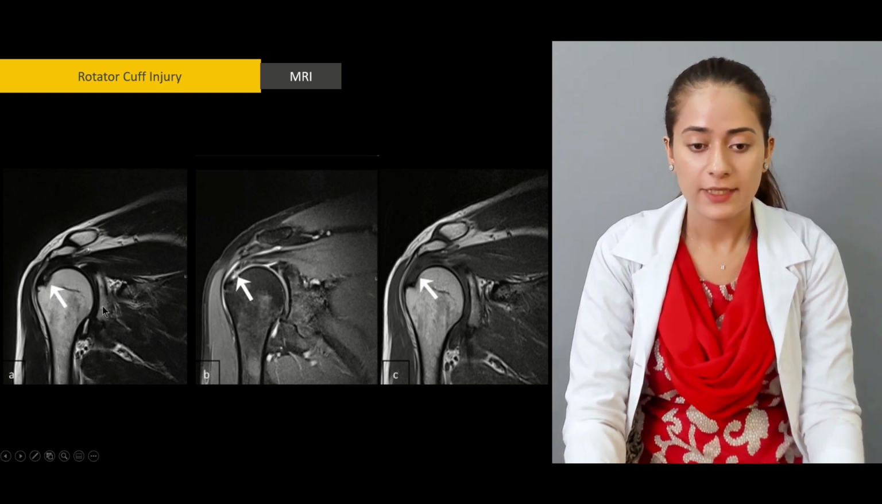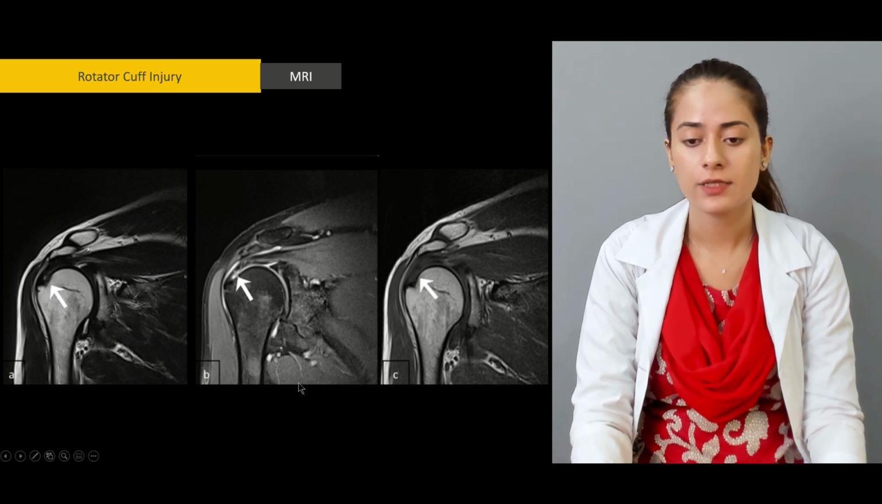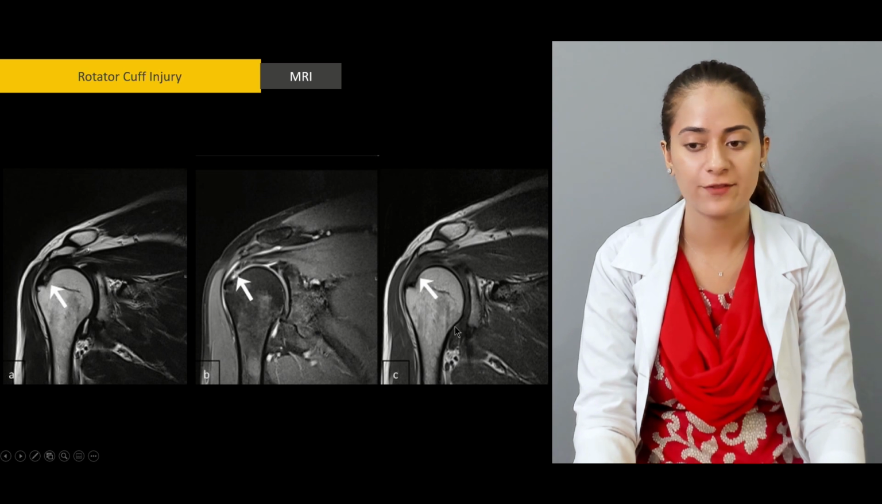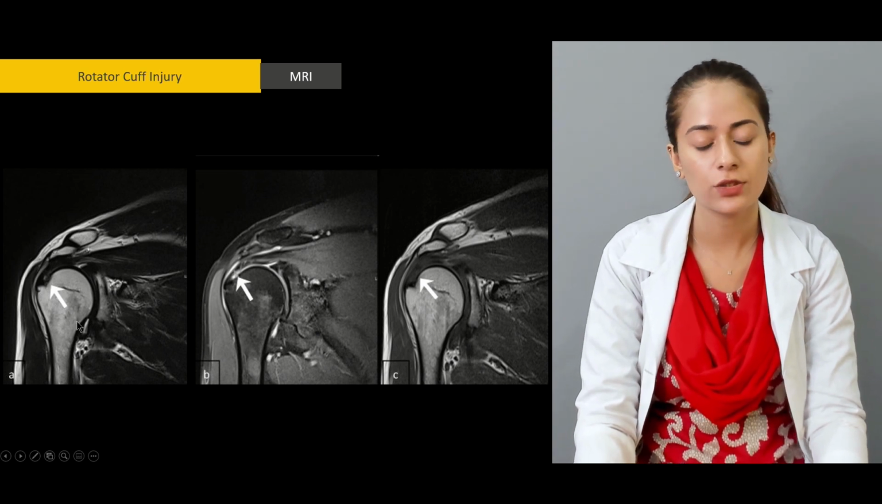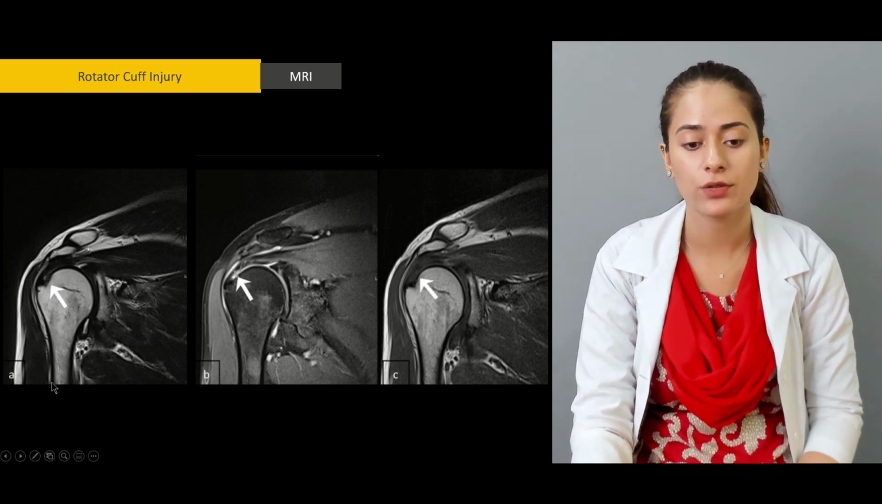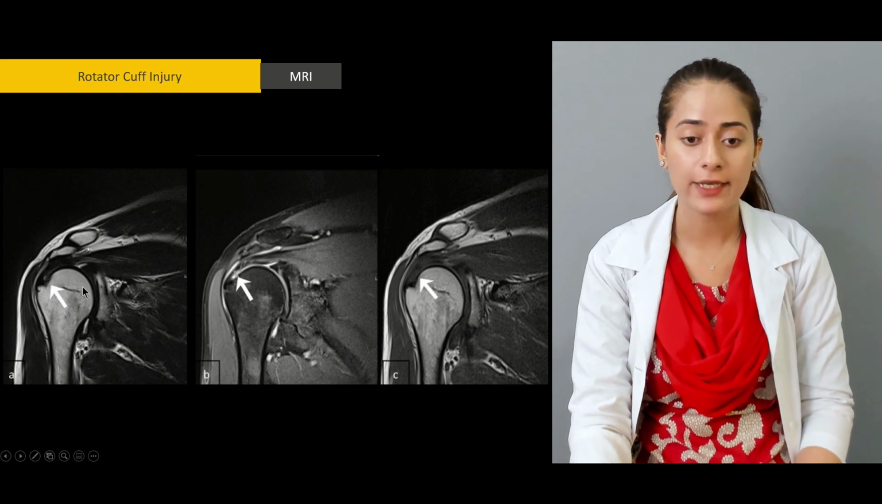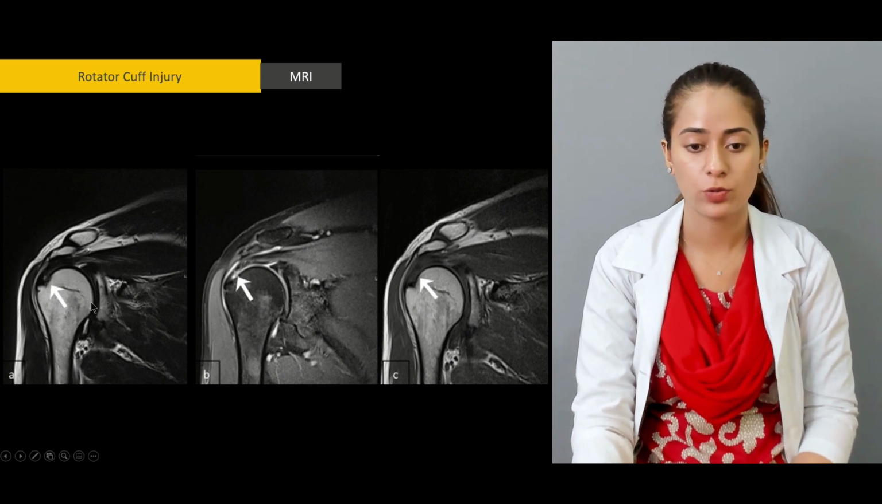So this is the T2 sequence. Then we have the fat-SAT sequence, or the fat suppression sequence, and then we have T1. So we talked about T2. What happens in T2 is the cortical bone, like is visible here, is hypo-intense, which means it's black. The cortical bone here is visibly black, so the rest of the bone is intermediate at places where the density